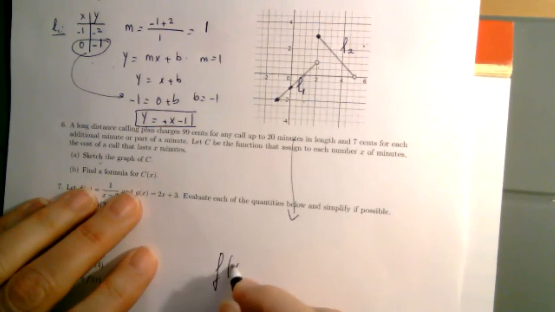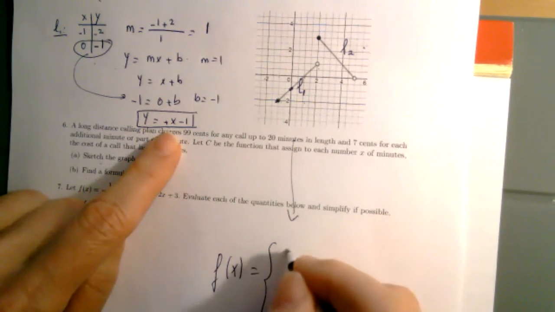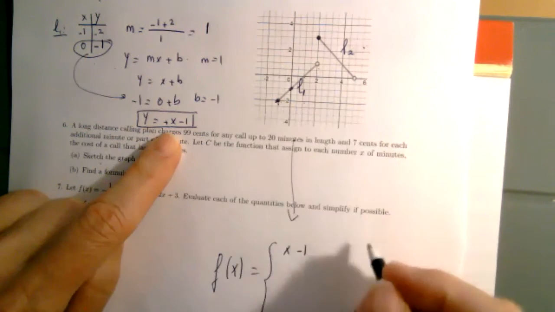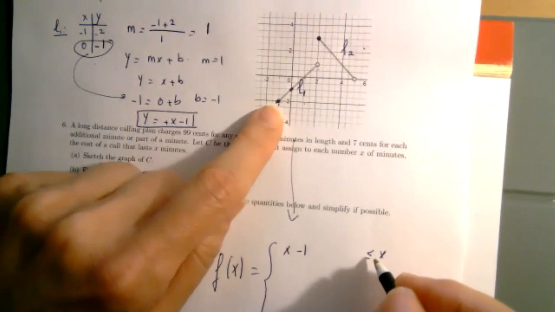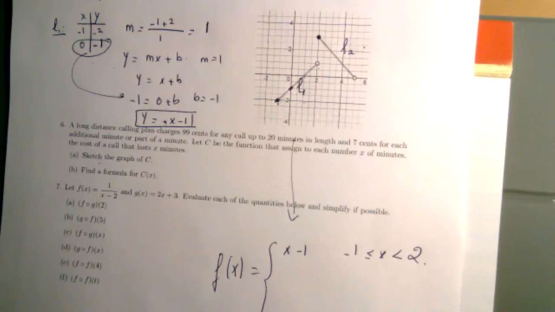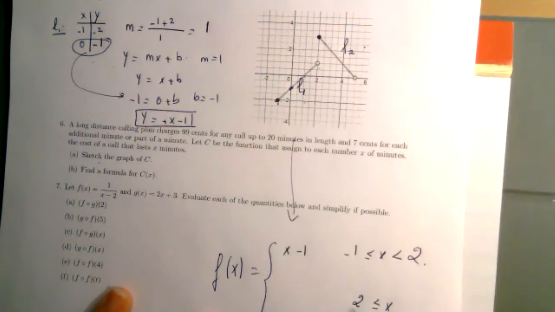My function would be the following. It's x minus 1. It means L1 for the first piece. This is the rule as long as my x is between -1 and 2. That would be the rule. If x is between 2 and 5,